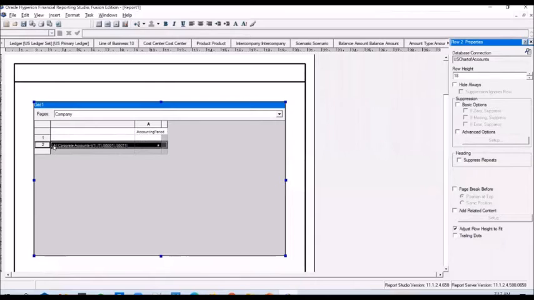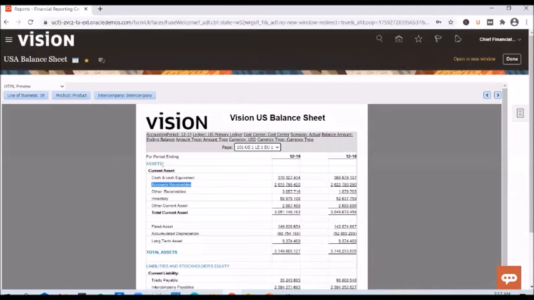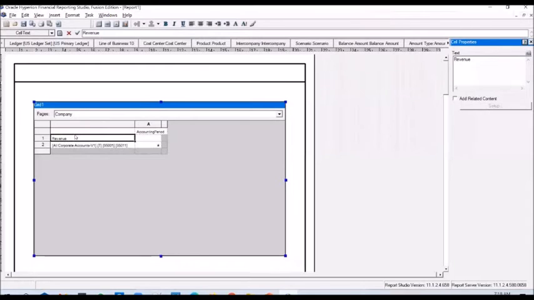So you insert a text row and you can give it a heading, you can call this Revenue Section. And if you want the heading to be in a different font, so here you see that the report or the section heading is in a different color, right? So if you want to give a different formatting to the heading, you can do that.